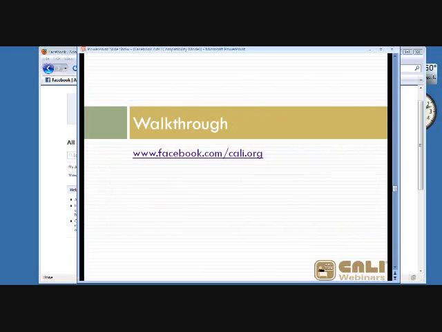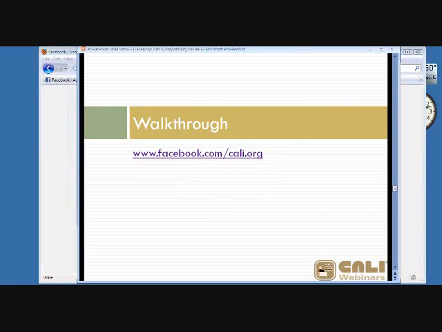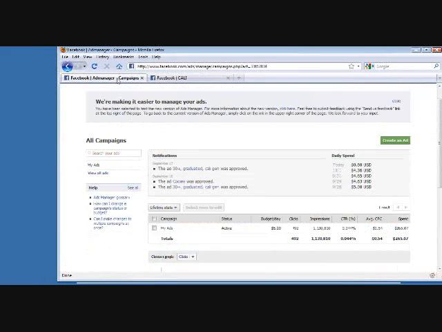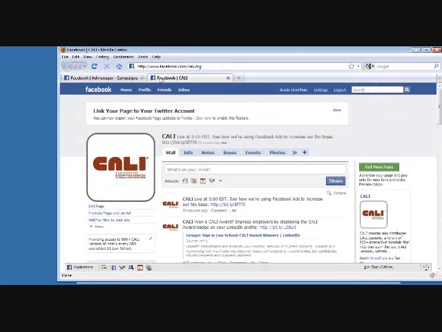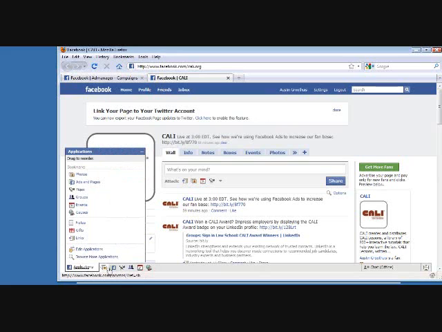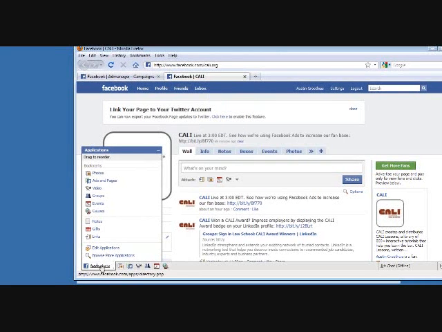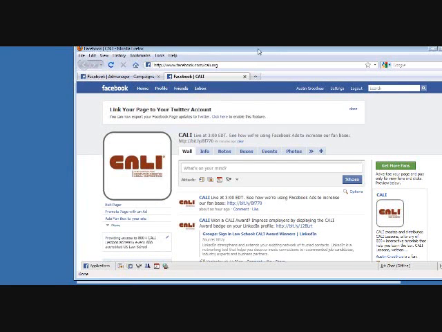So now let me walk you through the interface of a Facebook ad, how to set it up and things like that. And again, I'm going to assume you already have a Facebook page set up for your school or for your product or service or whatever. If you look down here in the left-hand corner, there's the Applications tab, or there's also, for me at least, a link that says Ads and Pages. If you click that,